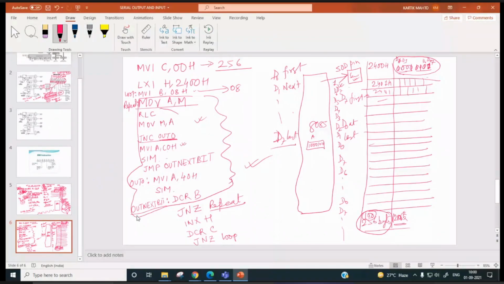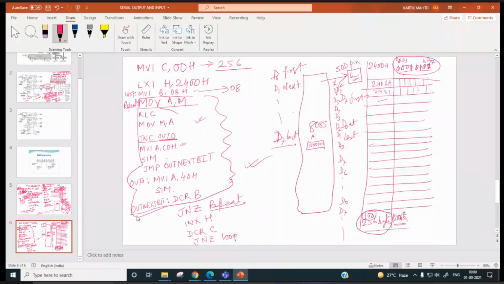Where exactly I should change our program so that D0 will be outed first and D7 will be outed last? Sir MVI B F6. MVI B F6. F6. Why? In INR B. INR B. Yes sir.